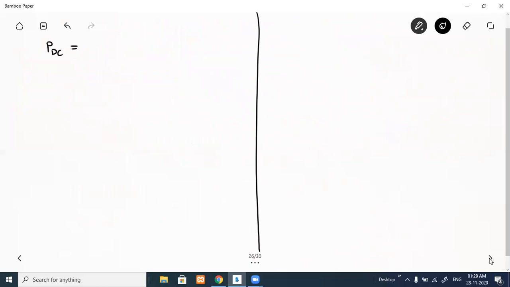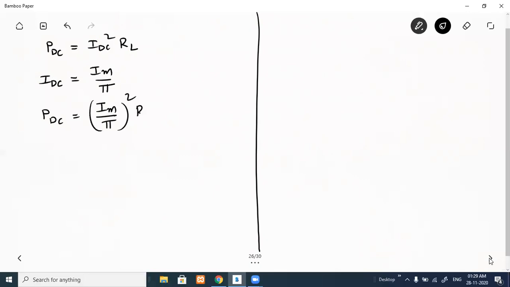It is equal to IDC square into RL. We already calculated IDC for half wave rectifier, which is equal to Im by pi, and substitute this in the above expression. So PDC equal to Im by pi whole square into RL,